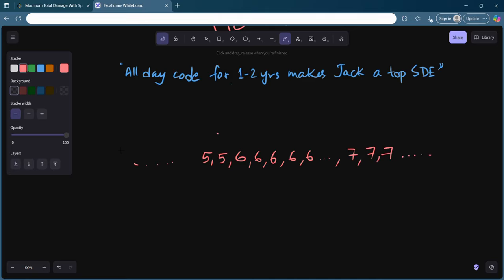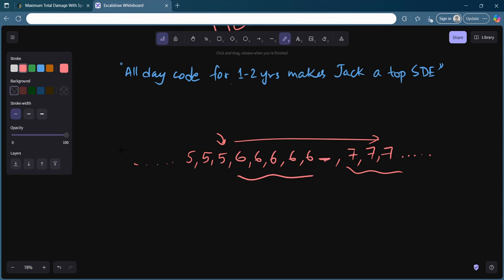Now if you are selecting 5, you cannot select this bunch of 6s and this bunch of 7s also. So you might need to traverse a lot of the array to actually find something like 8 or 9 which you can select. So what you can do is make another vector which will give you the values. Let's say 3 5s are there, 5 6s are there, and 3 7s are there.